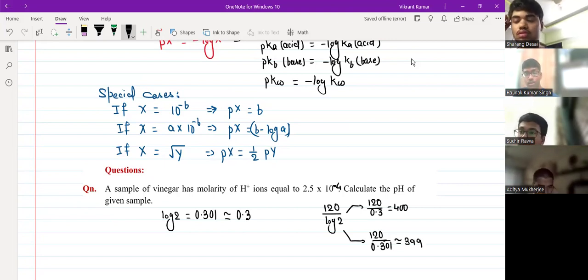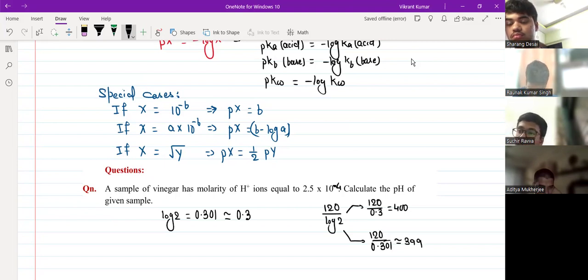And it was not an options question, it was an integer-type reporting question. And they have not given you the value of log 2. If this comes, it becomes a noose around your neck. Just because you have not written 0.301, you will get the wrong answer. So we need to be careful about that. Earlier I used to tell students you can approximate, but only if they have given you the options, or the given options are not very close.